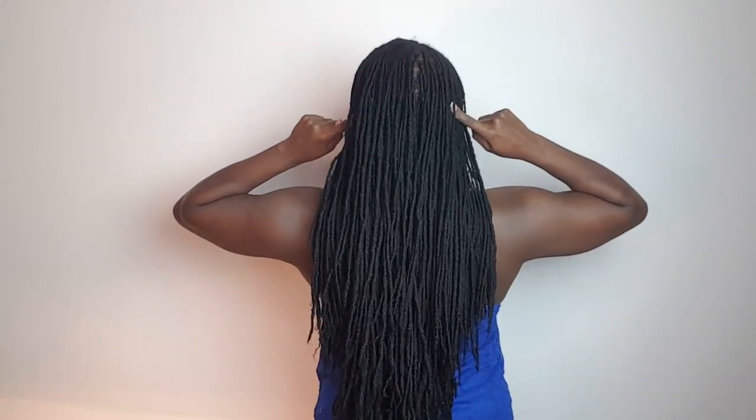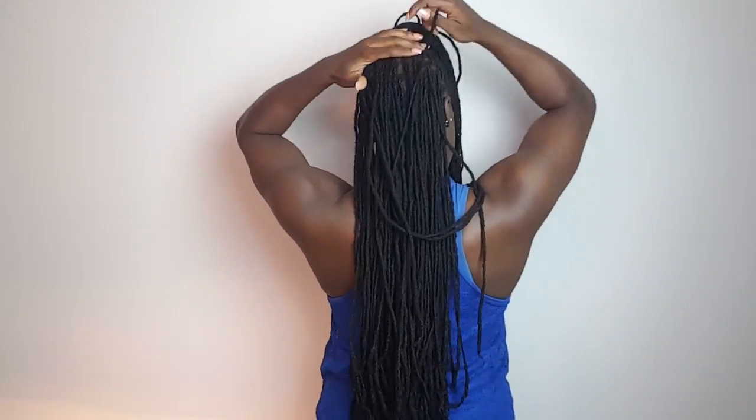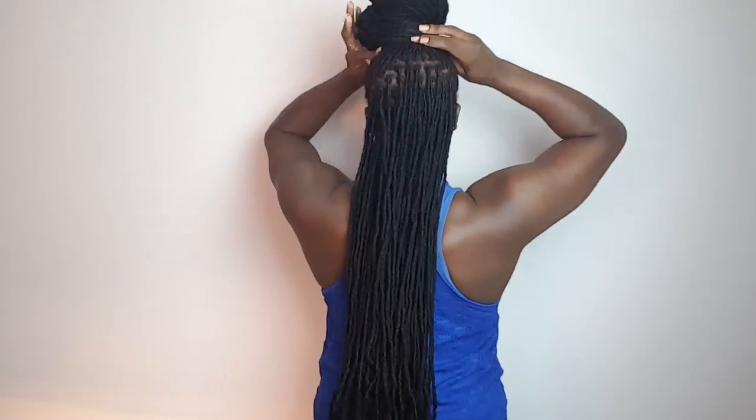When I start on the back of my hair, what I like to do is make a V in the back of my head, the lower V, and I reach all the way up to my occipital bone and I separate my hair. Here it is again, and there was my big old pimple on my face. Okay, so first things first,